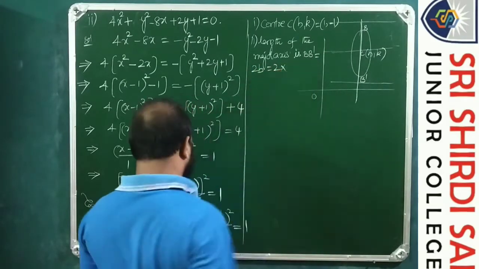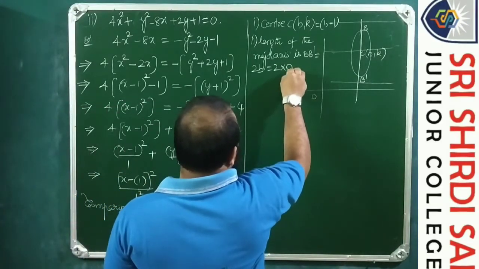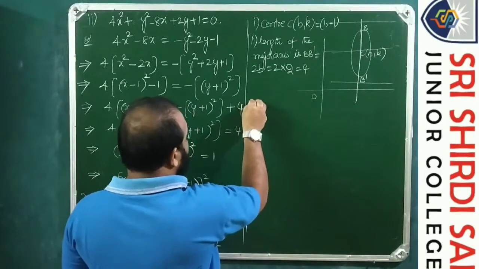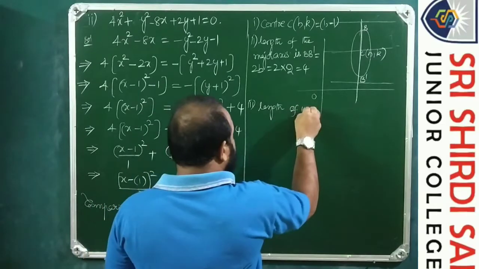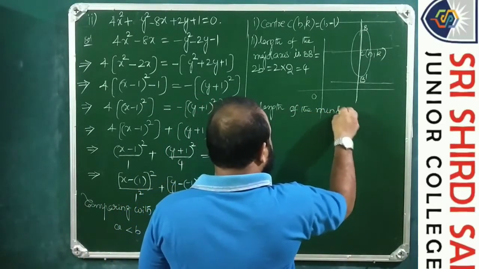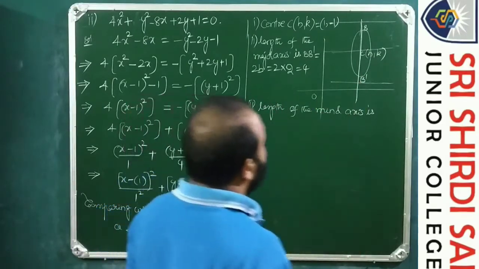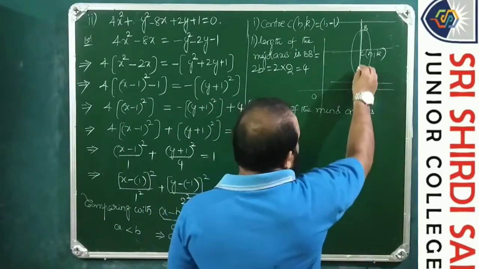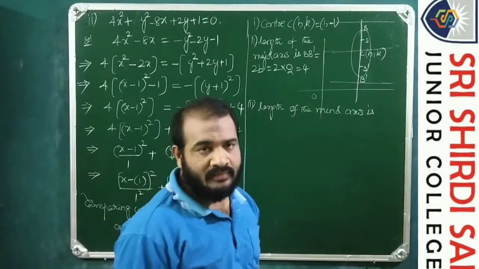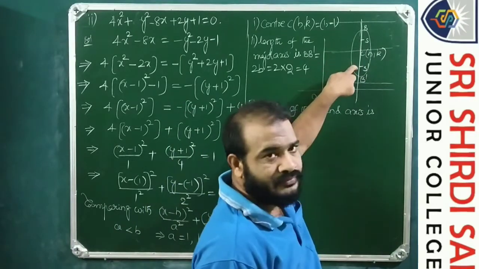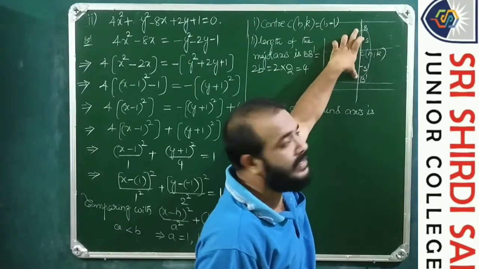So 2 into b is 2, so this is equals to 4, and length of the minor axis is, so here this is s dash and this is s comma s dash or the foci. So the axis which is passing through the foci